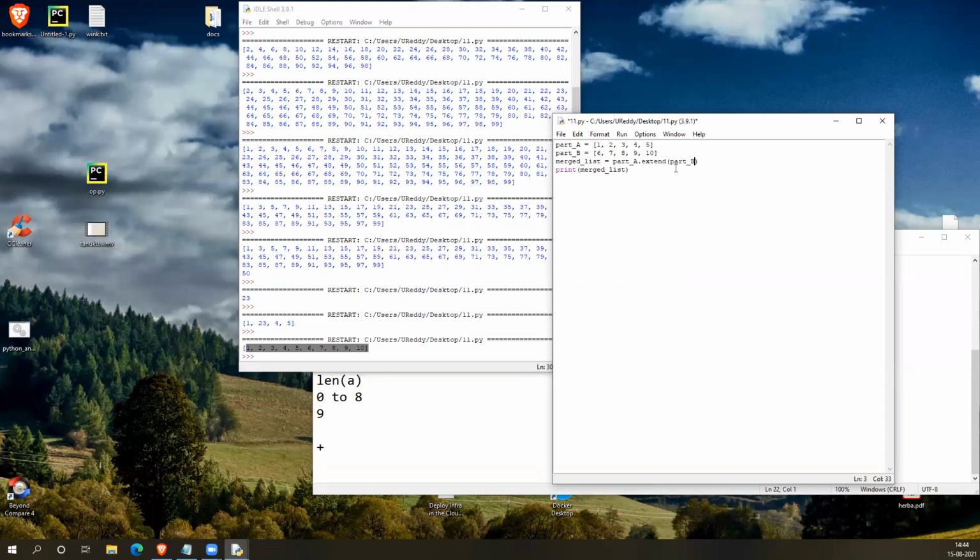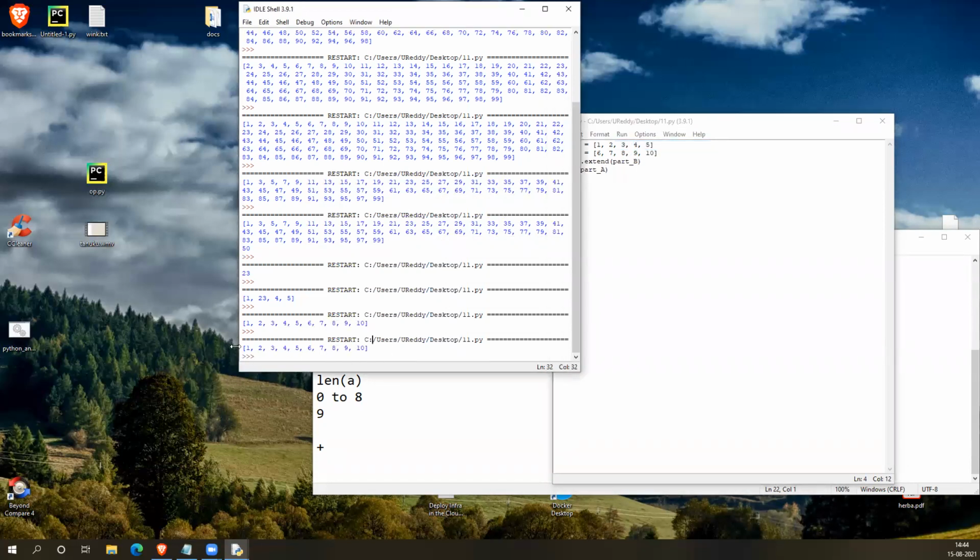Earlier with the plus symbol, a new list is created. But here, the content is added to the existing list only. It's not creating a new list again, it's adding to the existing list. Understood?